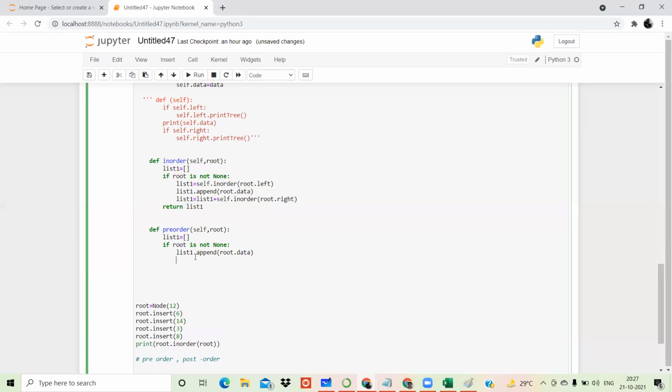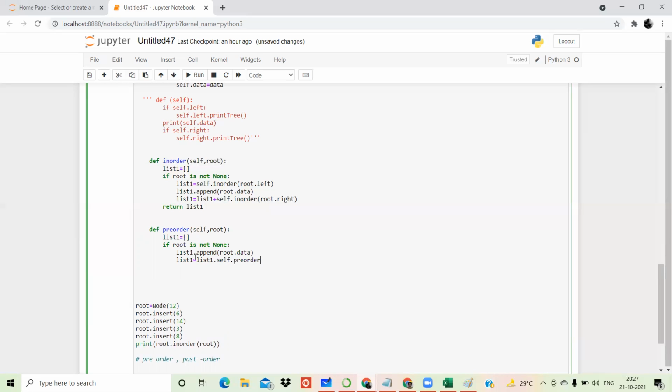And then we'll say that list 1 is equal to existing list 1, that is nothing but the list having root node present in it, plus self dot pre-order.